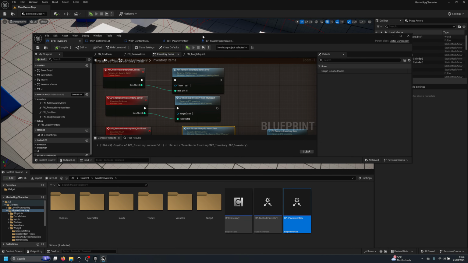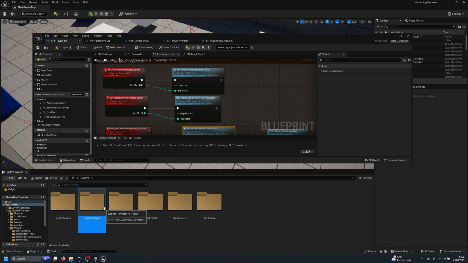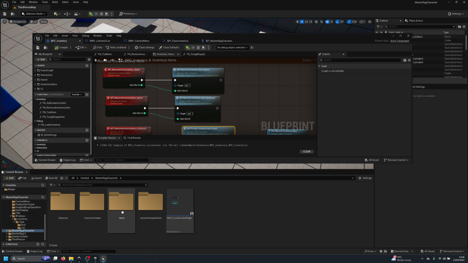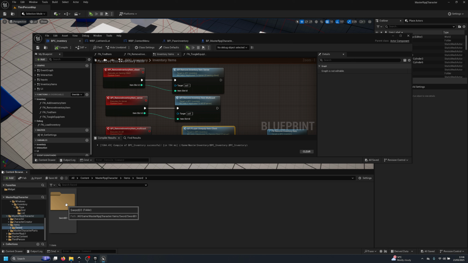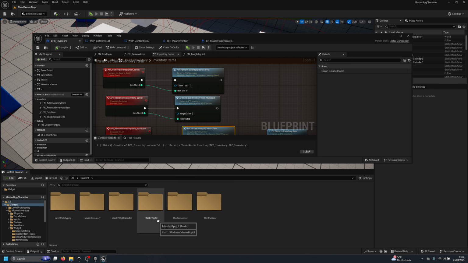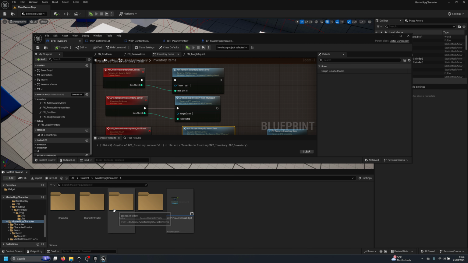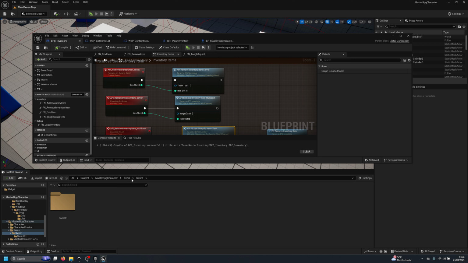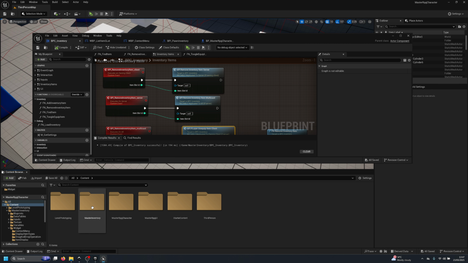One thing that I just want to do here before I finish this tutorial is that I'm going to go back to my character inventory here. And I'm going to open up here the items. I'm going to open up the sword. And here on the sword, this is actually done in a wrong way. We need to go to the character items sword, and actually we need to move. I'm just trying to inventory